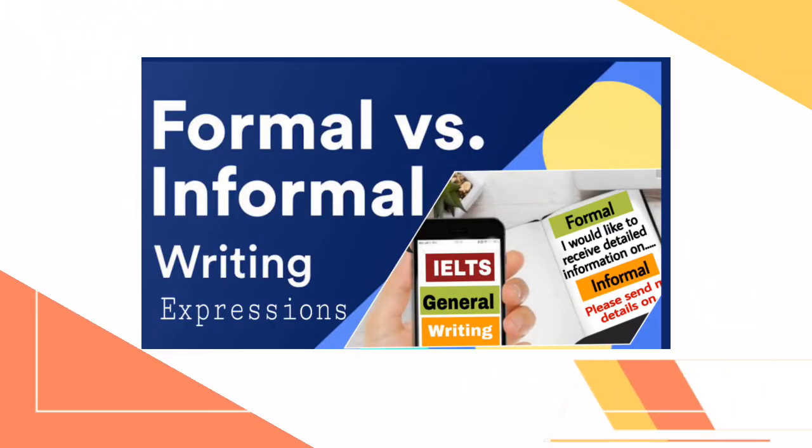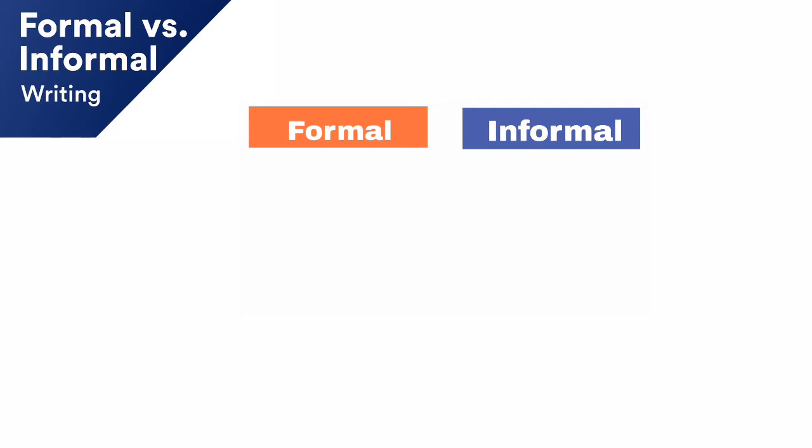In today's video lesson, I'm going to talk about the difference between formal and informal letters in IELTS General Training Writing Task 1. Okay, let me tell you what makes a difference between formal and informal letters. The first thing is contractions. If you use contractions in your sentences, it means you are writing in an informal way. Okay? And the second thing is the use of voice in a sentence.